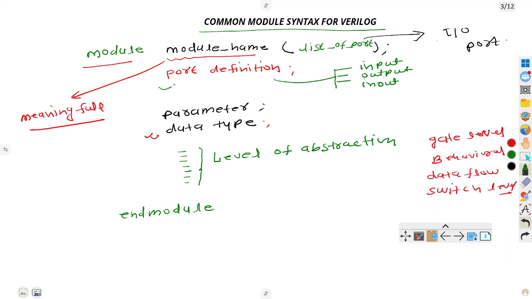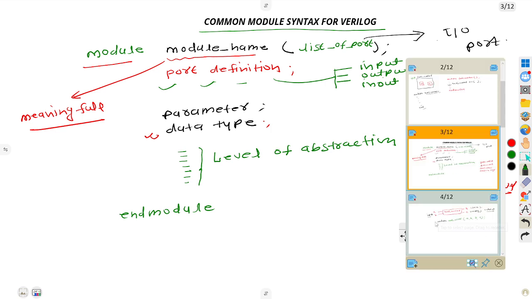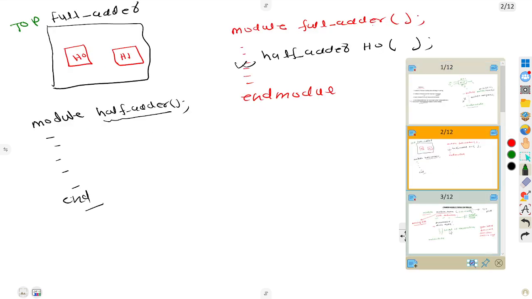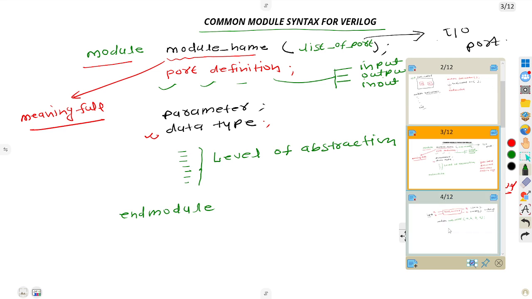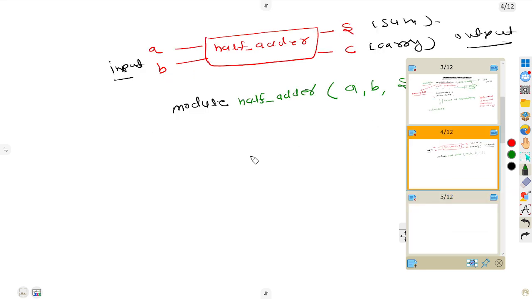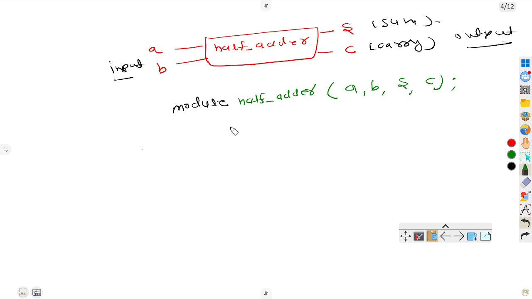So you need to define the port definition. Port definition means which one is the input port and which one is the output port. So the input ports are A and B. So A comma B are the input ports, and what are the output ports? The output ports are